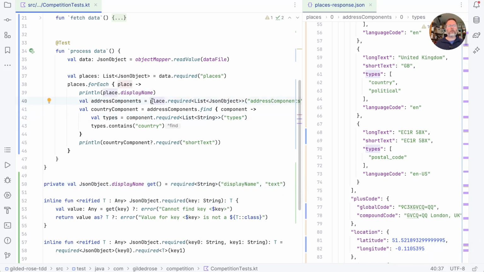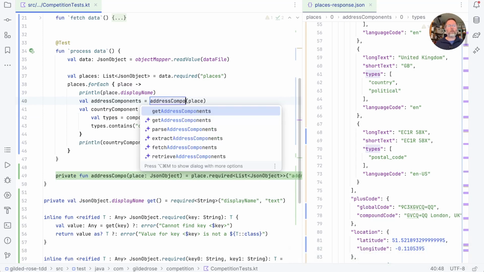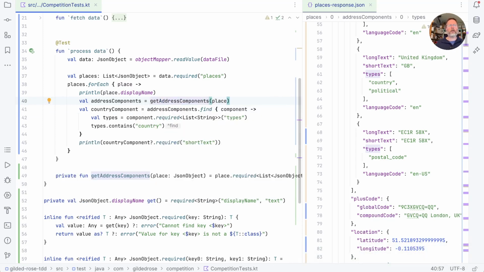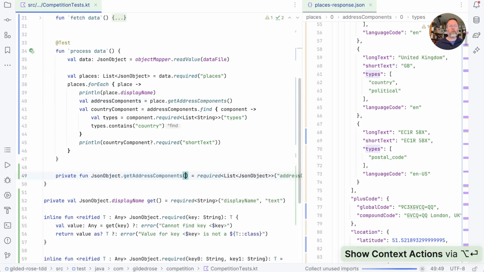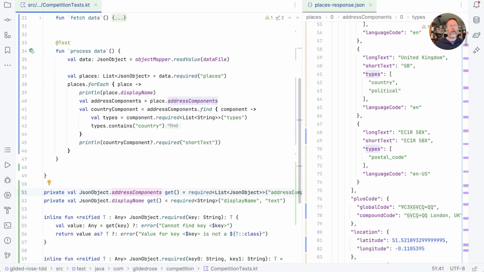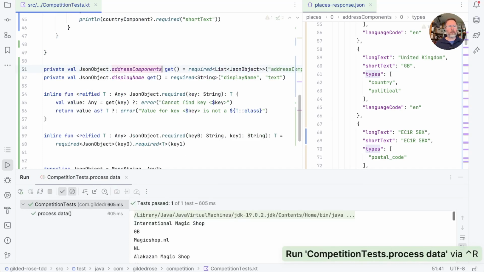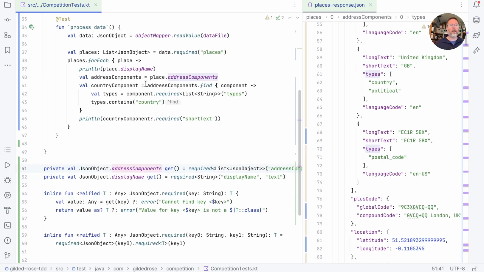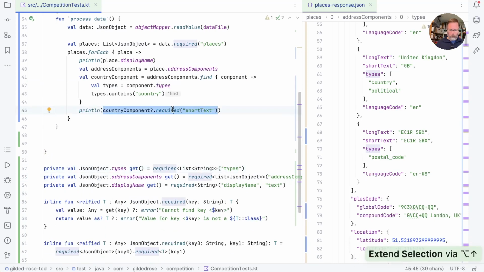We can do the same thing with this one. We'll take that, make a method, which is address components. I don't know how to make IntelliJ accept the thing that I've actually typed anymore. Make this into the receiver, move it up to the top level, make it into a property, and that now gets a good name. Run to check everything is still good, and it is. And now we've got a couple left, which are this one here, so we can do that. That's our receiver, and this is now a property. And this one,